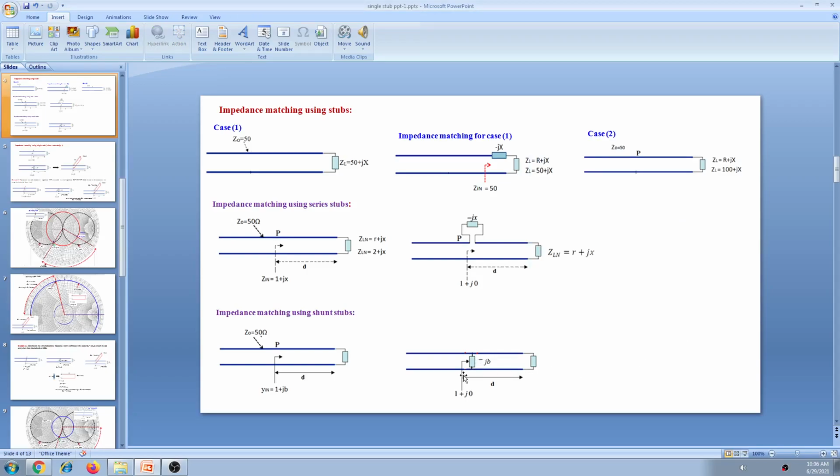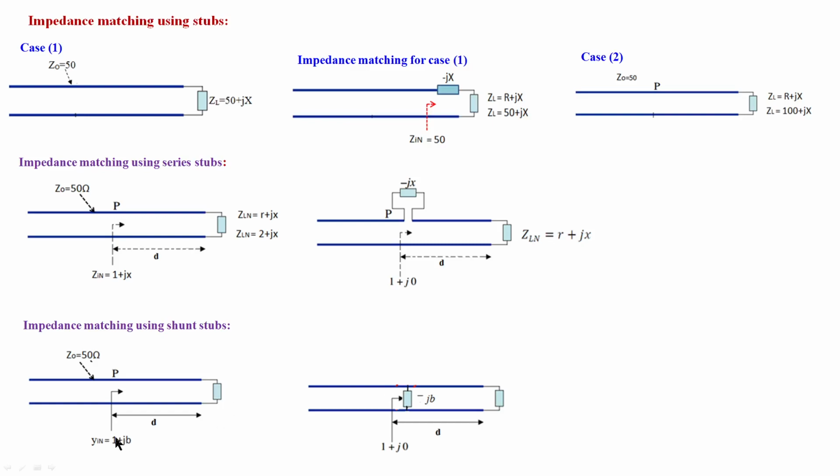It should be minus jB, you have to connect a minus jB. If it is a plus jB, as I have shown here, then you should connect a minus jB. So this will cancel the extra component that you connected, and you will get 1. So the admittance value at this position becomes 1. The impedance is 1 over this, which is also equal to 1. So impedance 1 here means it is matched to the characteristic impedance.